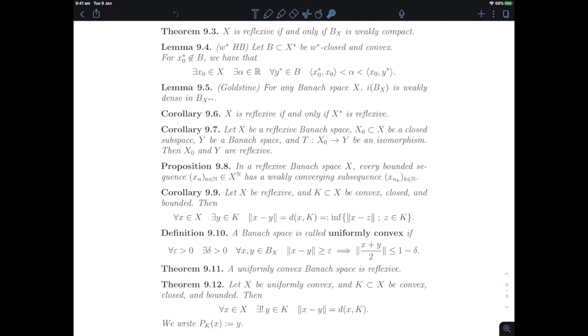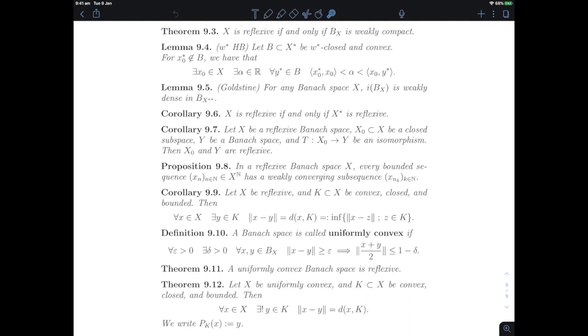So this is the first thing we'll prove, and this allows us to start extracting weakly converging subsequences, which is something very helpful in proving existence theorems. And indeed, as a corollary, we'll prove the existence of a point on any convex, closed, and bounded set that realizes the distance between any x outside this set and the set. Normally, such a distance is defined by an infimum, but this infimum will actually be a minimum.